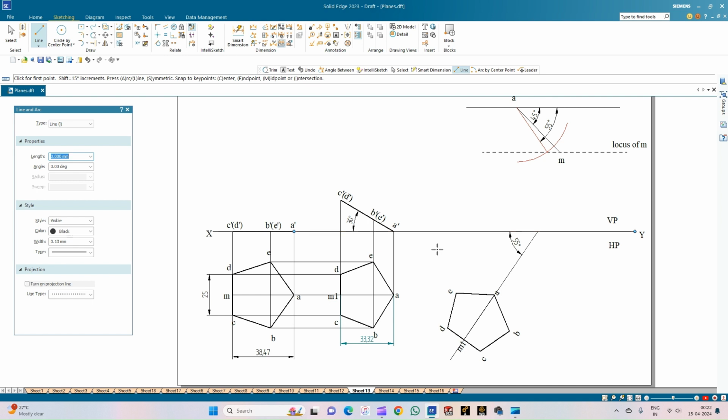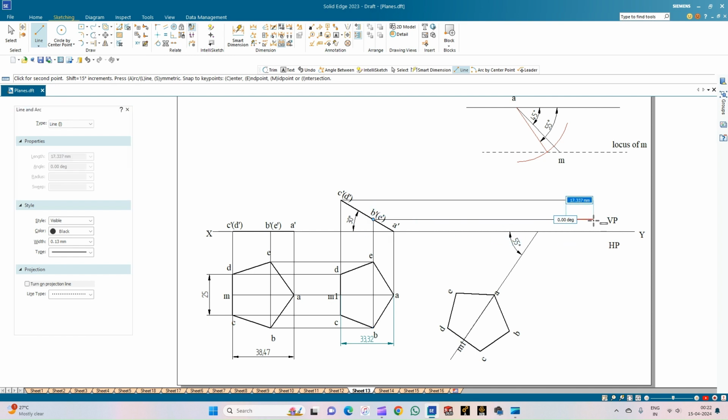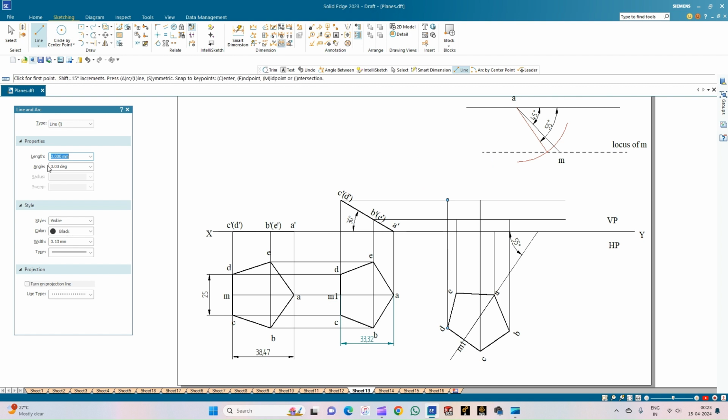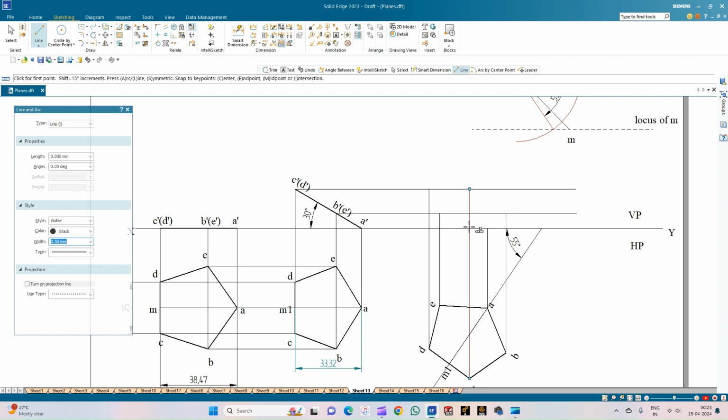So now using the line option, draw the projection lines in the front plane from each of the corners and intersect that with the projections from the top view of the pentagonal lamina. Ensure all the projection lines are exactly 90 degrees. So now let us complete the front view of the pentagonal lamina by selecting a line of thickness 0.50 mm. So we shall start with the point A, then point B or the corner B, and then